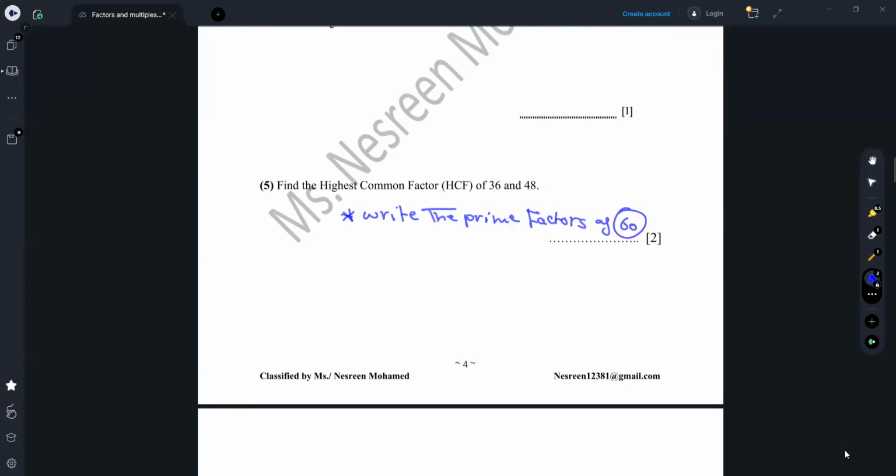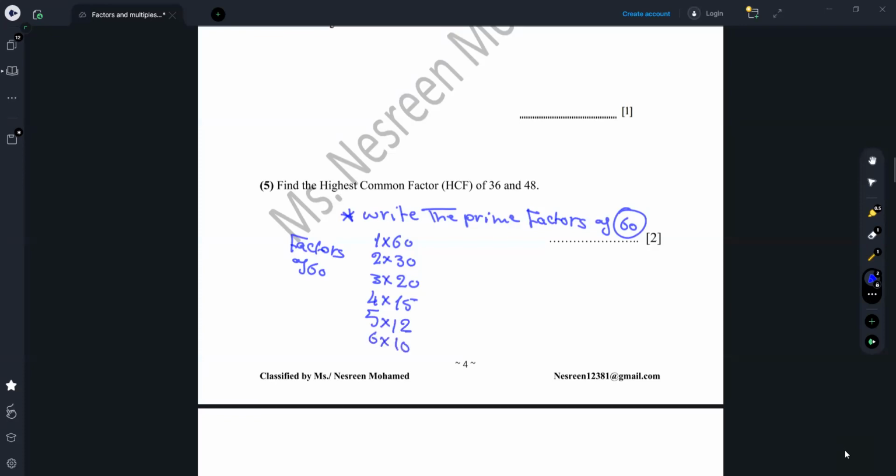What will you do? We will say what? 1 multiply 60, 2 multiply 30, 3 multiply 20, 4 multiply 15. These are the factors here. Factors of 60: 1 multiply 60, 2 multiply 30, 3 multiply 20, 4 multiply 15, 5 multiply 12, and then